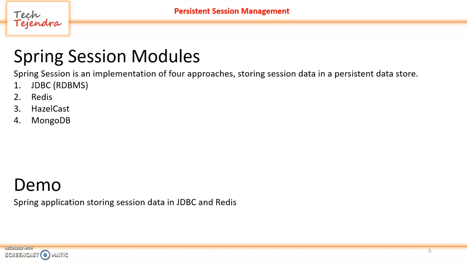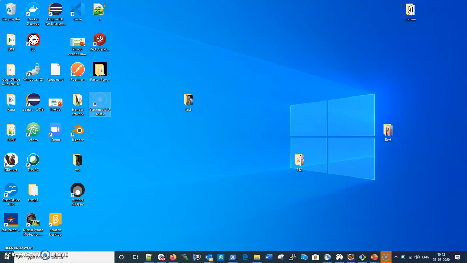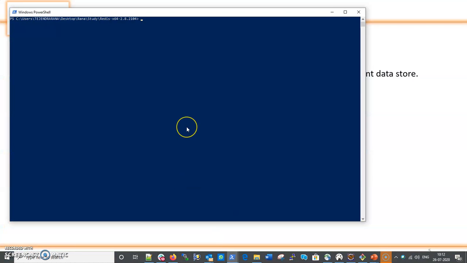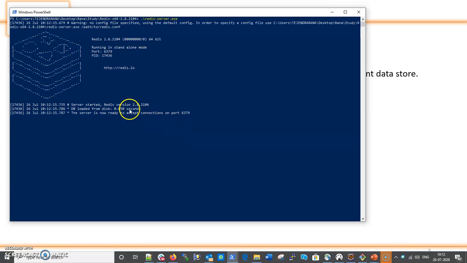Okay, so let's jump to our demo part. Let's first start our Redis server. This is the command for starting a Redis server. You can see that our Redis server is currently running on port 6379.